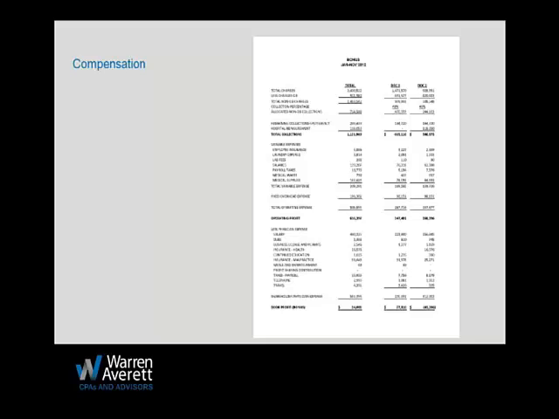So a lot of OBGYNs argue or disagree or agree on how the money for that global period payment, so you get paid for delivering a baby at the time of delivery, how that should be split. In this example here, we're backing out all the OB. You can see it about line number 5, remaining collections split evenly, that $289,000. We split that evenly. That's the money related to OB.